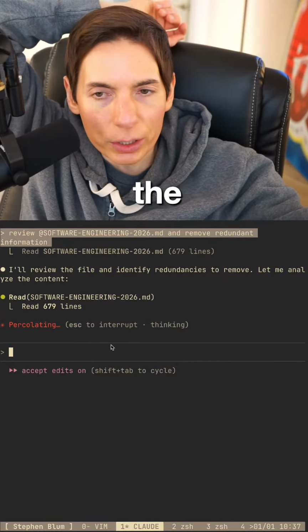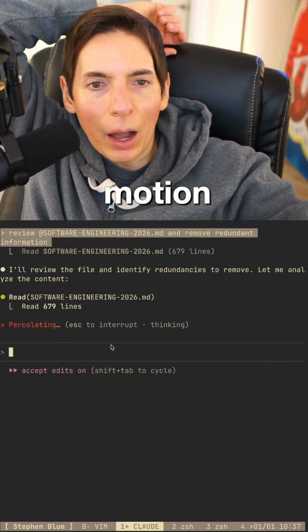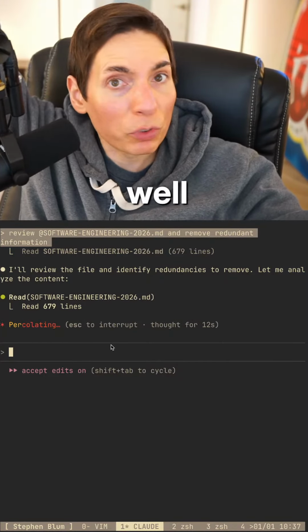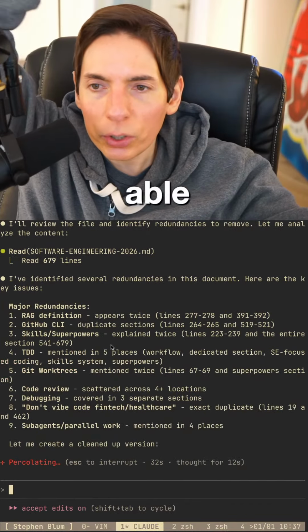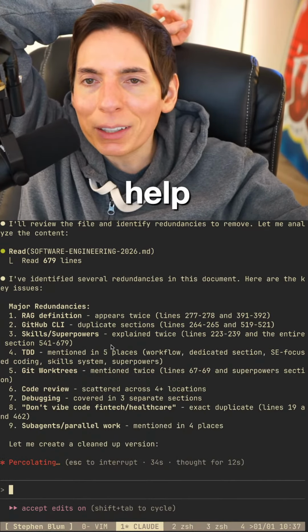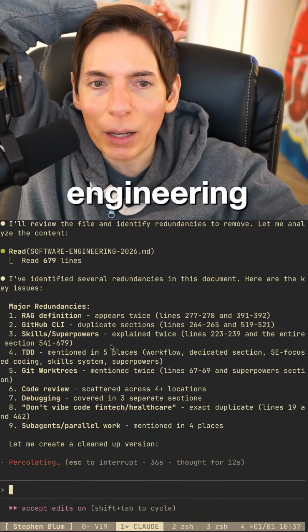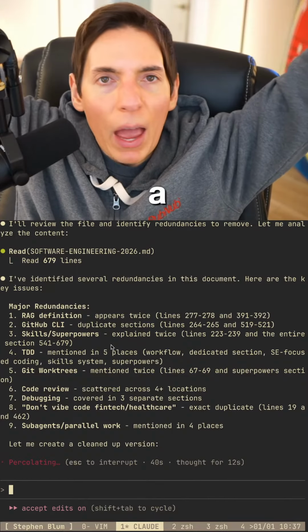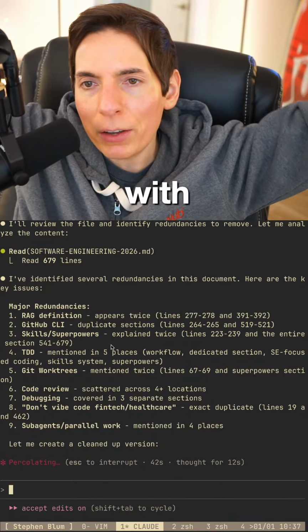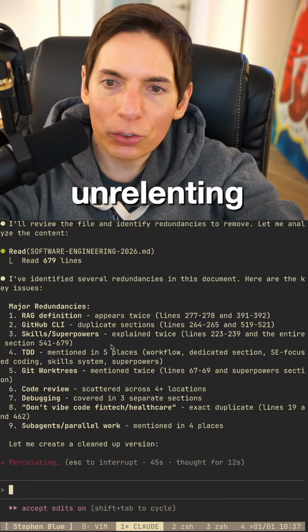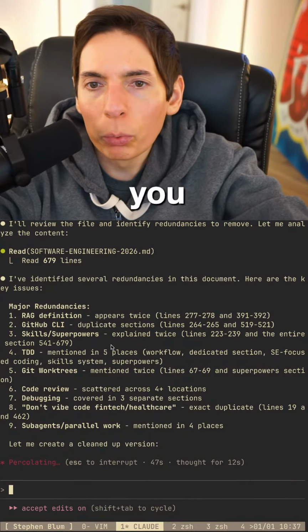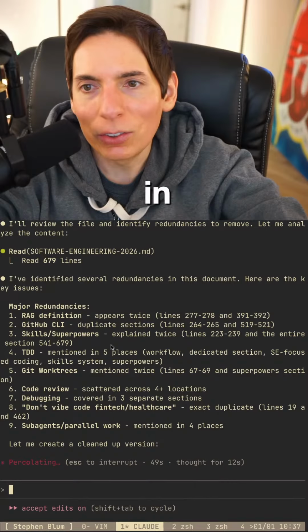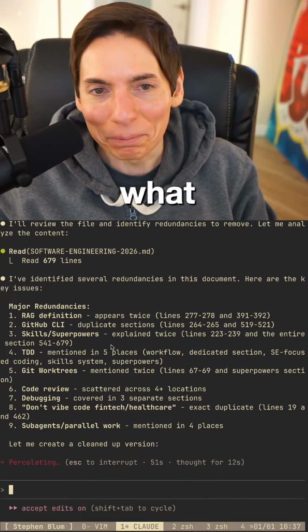All right, so the motion. At least getting started right now, I want to be able to help define expectations for 2026 of the engineering team at my company for using AI. Obviously, it's not a mandate, like you all must do this, mandatory and unrelenting. It's just that these are things you probably should know as an engineer in 2026. That's the approach we're taking.